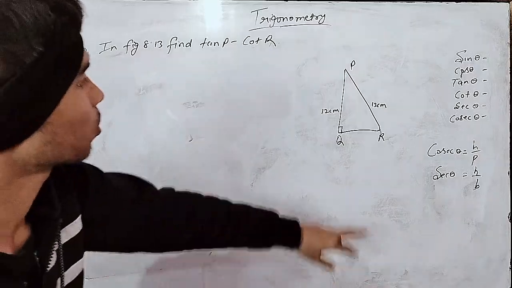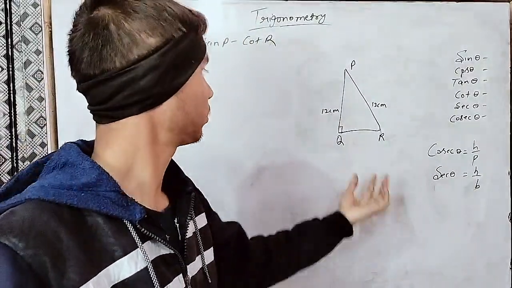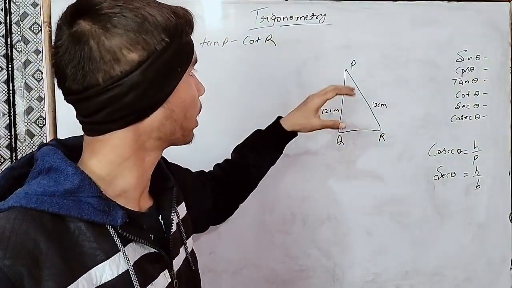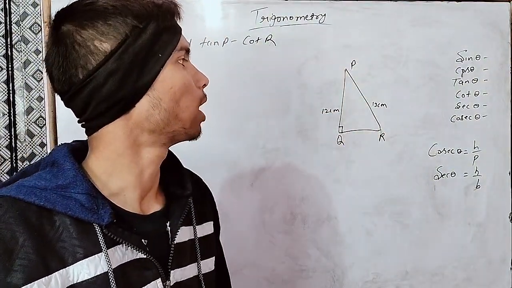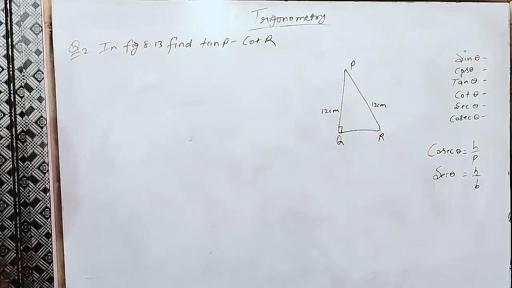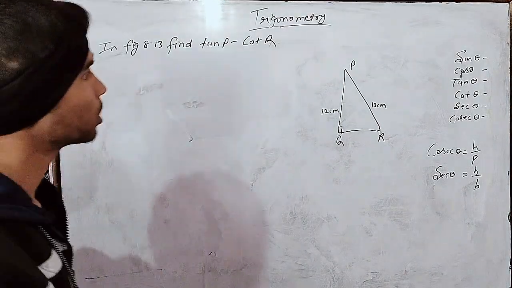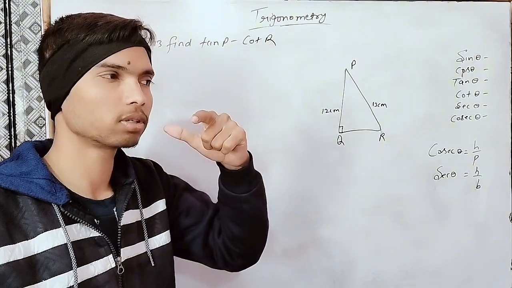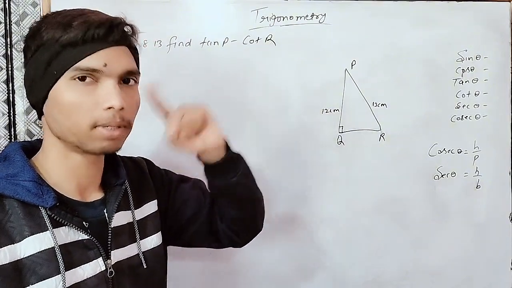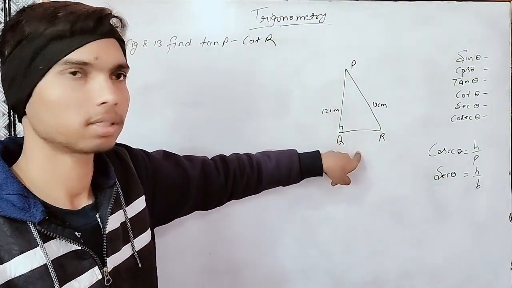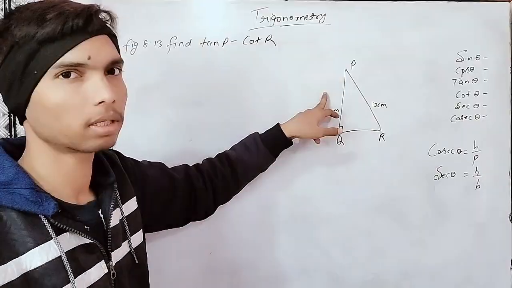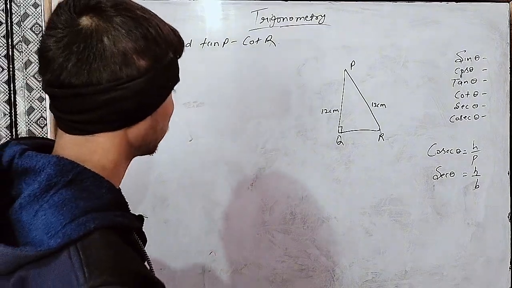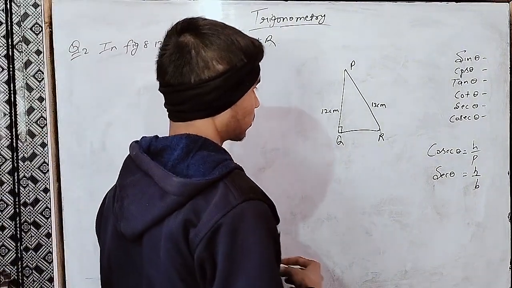Okay, so here we are looking, we don't have a value of QR. We have a value of PQ, value of PR, but we don't have a value of QR. So is it compulsory to find out the value of QR? Tan equals P by B, sin equals P by H, cos equals B by H. So of course it is compulsory. So by applying Pythagoras,